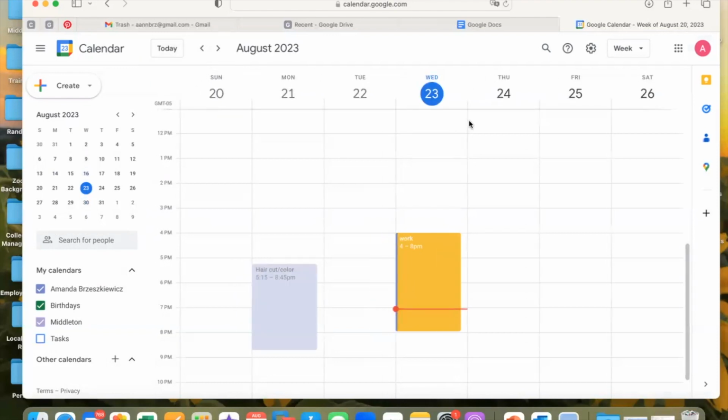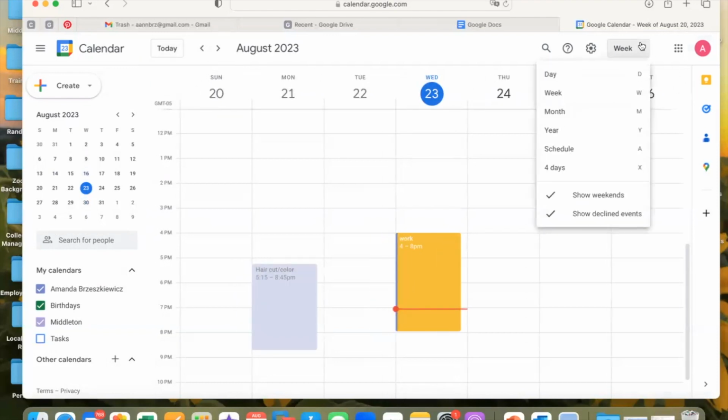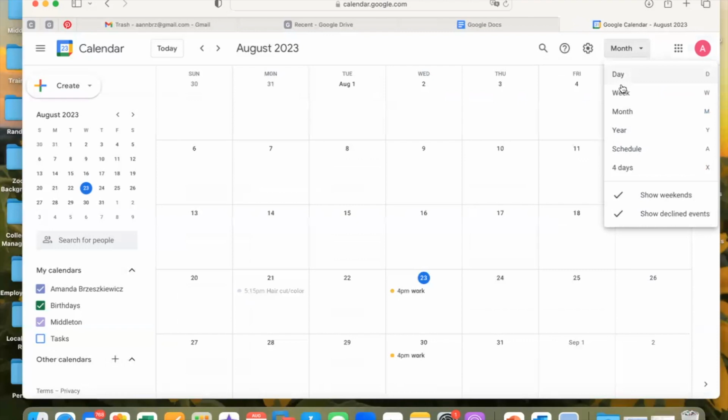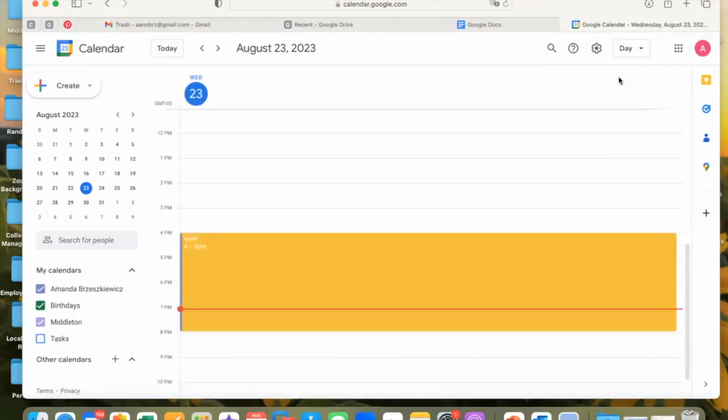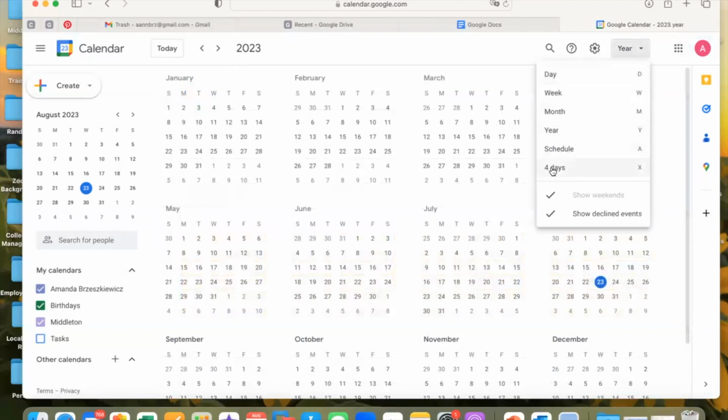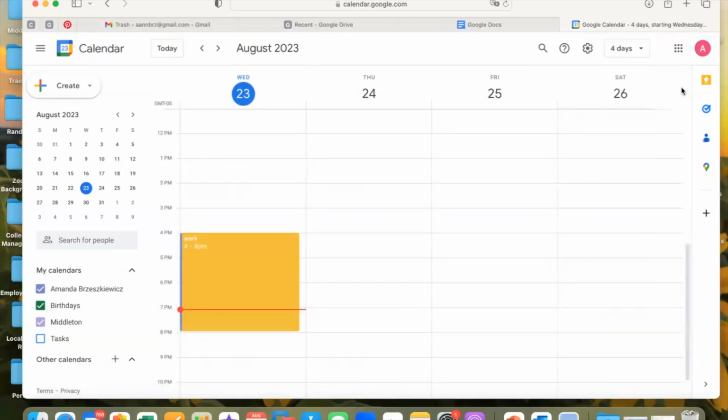If you hit today, it's going to take you to today. And here's where you can change the week, day, month, year, schedule, or just 4 days at a time. So that's just your view on how you want to see it. So there's your month view. You want it daily so that you can see it hourly as you go along. There's year, or if you just want 4 days at a time. I'm not sure why they picked 4 and not like 3, but